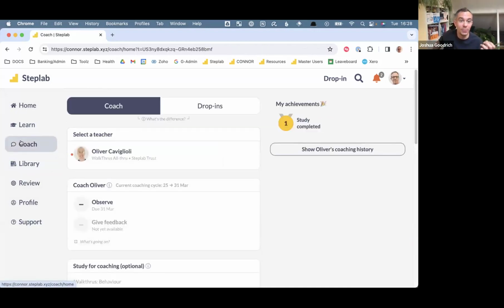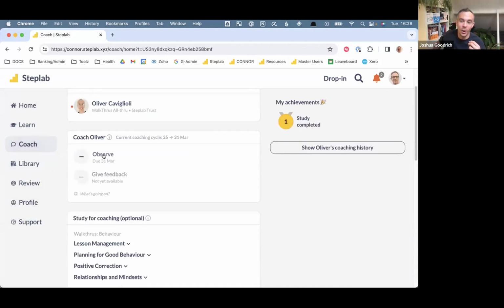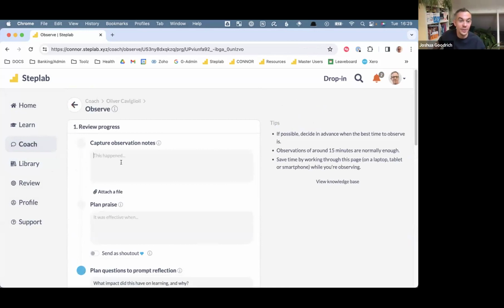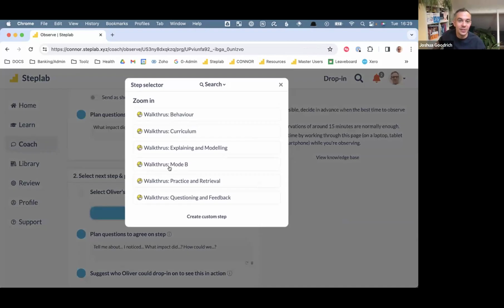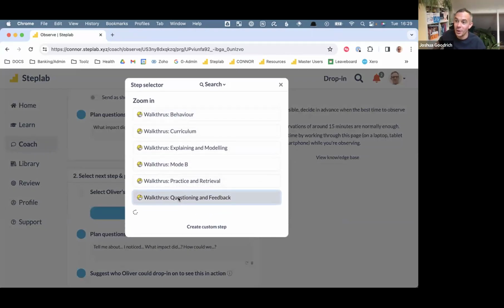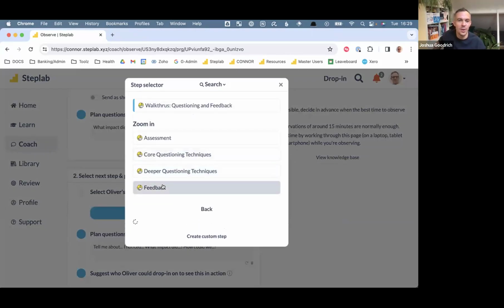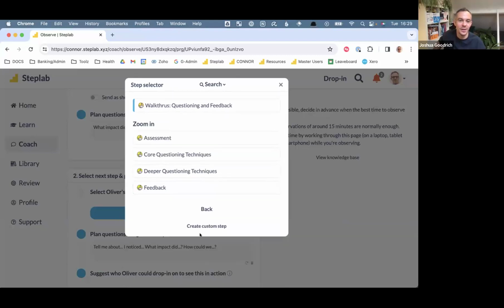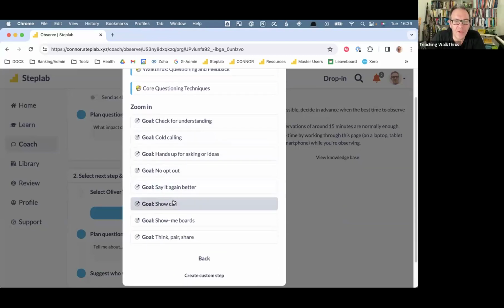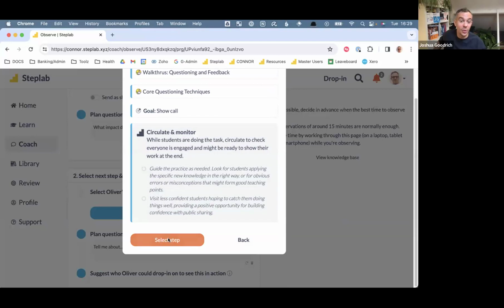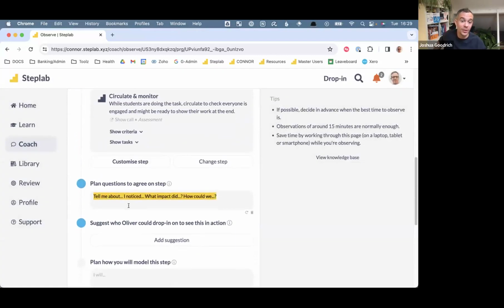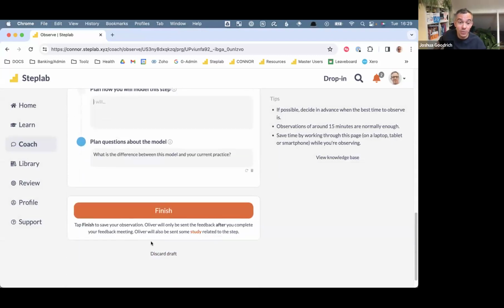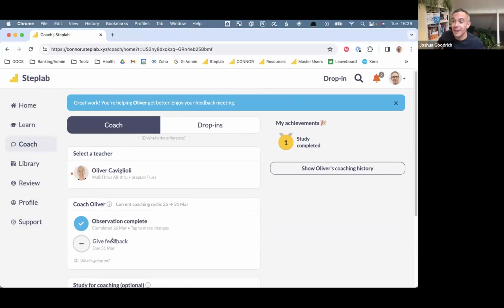So I would go ahead, I'm Tom, and I would go ahead and coach Ollie. I would observe, capture my notes, do my praise, etc., etc. This time, I'm heading into WalkThrus. Where were we? Feedback. Oh, no, we weren't. We were in questioning. Core questioning techniques, show call. Circulate and monitor. And so I've selected that step. Plan my questions, plan my model, plan my question about the model, finish, and then deliver that feedback in exactly